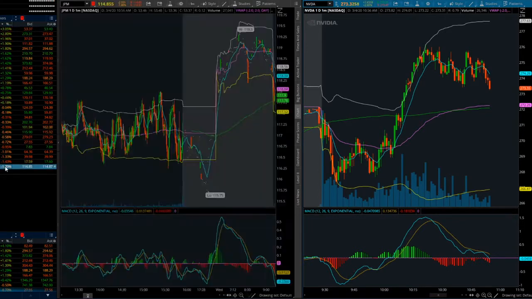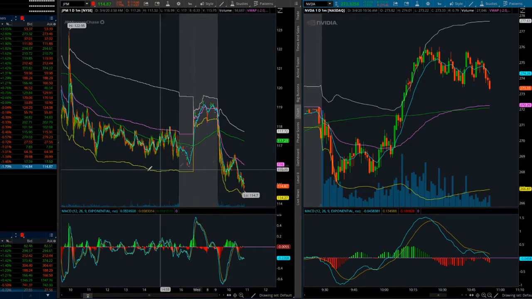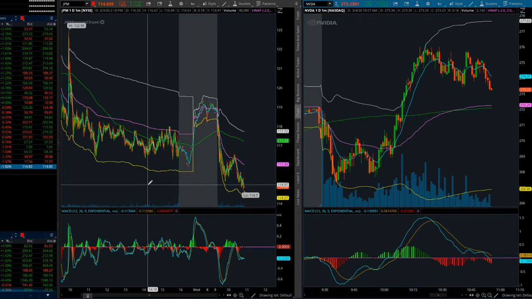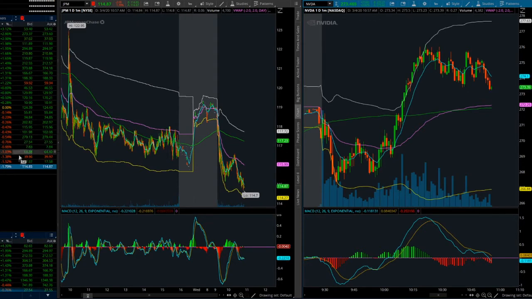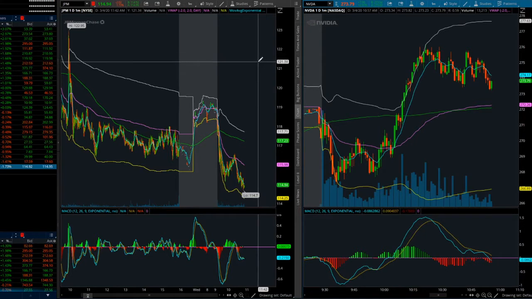Whereas if we look down here at JP Morgan, that's the lowest one on the list, maybe some money can roll into JP Morgan and some of the other banks like Wells Fargo and Bank of America, which are all quite low in comparison to the overall market, which is currently up 1.5%, whereas these are down almost 2% or even 1.3 or 0.6 when the overall market is up. So they're kind of doing the opposite of the market. And as the day goes on, you could potentially see some money rolling into these companies and them outperforming the market at that point. And that's really how you go about trading when it comes to sector rotation and ebb